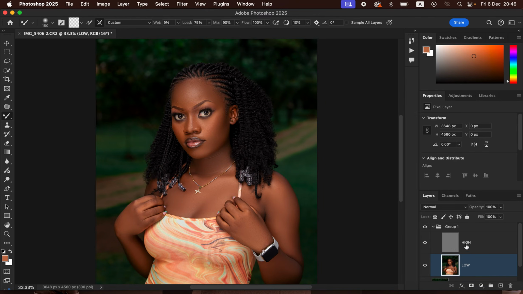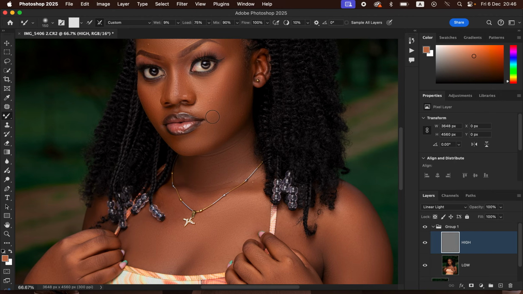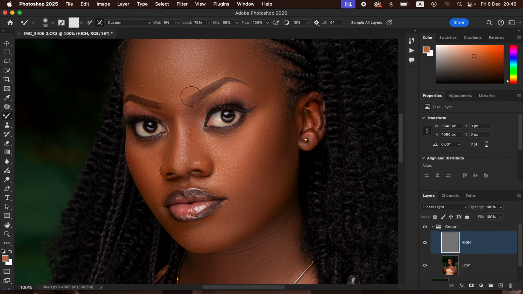So after working on the skin tones, just select the high frequency layer and zoom into the image by using Ctrl+ on the keyboard, or you can use Command+ on the keyboard to zoom into the image. The reason for zooming in is because we just want to remove the pimples or skin imperfections or the blemishes. So select the clone stamp tool right here, or you can press S on the keyboard to select the